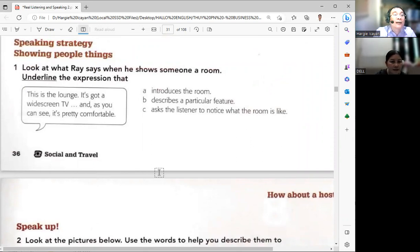This is This is the lunch. lunch. Okay, It's got a wide screen TV, and and as you can see, okay, we and we oh TV. as you can see, it's And you can pretty. see it's pretty comfortable. Okay, now let's try to,